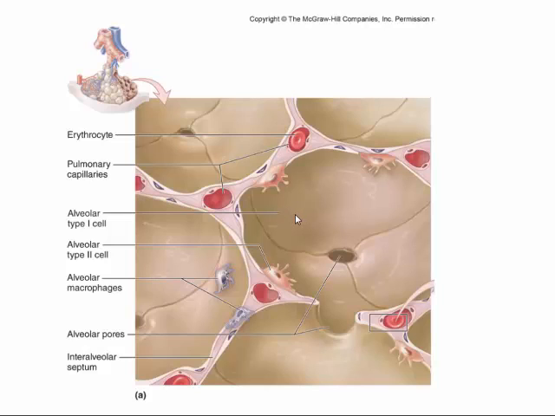There are 2 other cell types in the alveolar wall. The type 2 cells are also called septal cells. These cells secrete surfactant, a chemical that lowers the surface tension of the alveolar fluid, thereby reducing the risk that the lung will collapse. Premature newborns often don't secrete sufficient surfactant and must be put on ventilators until their lungs